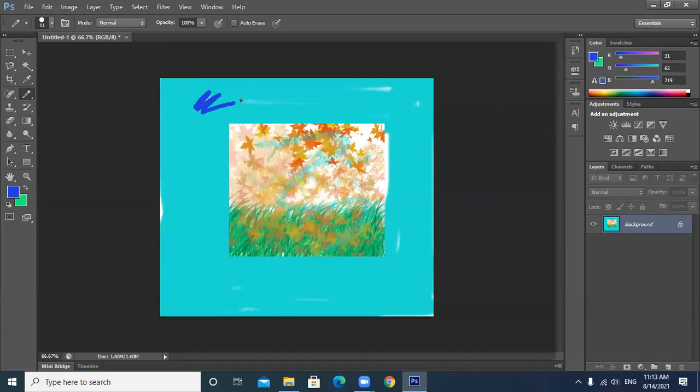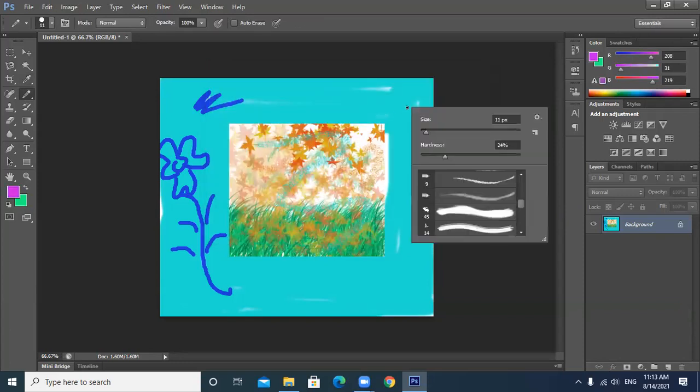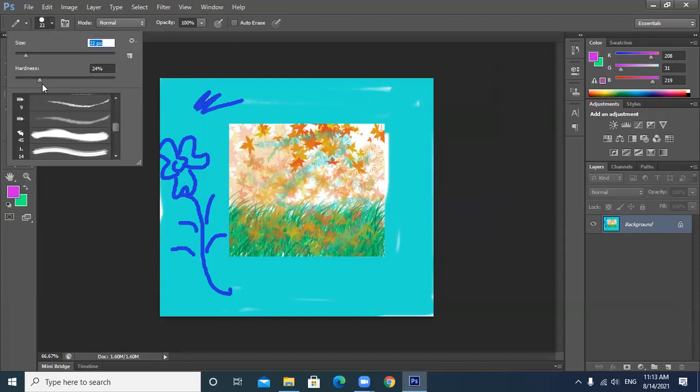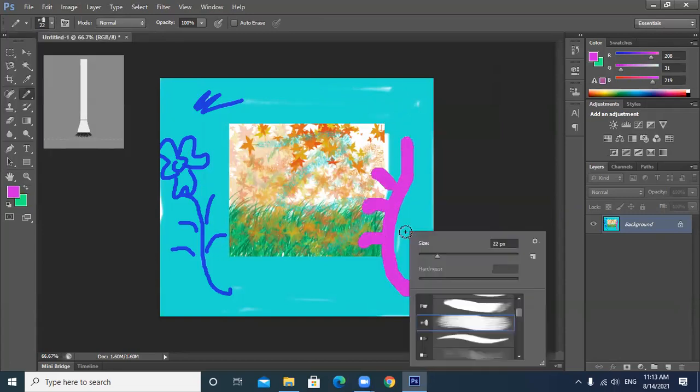So you can also do this with the help of the brush. It depends upon you whether you want to use the pencil or the brush. Once again, for changing the size, you can change it from here also, the size and hardness of the brush, then the pencil stroke and the brush stroke, you can set from here. So this way you can create your lines.